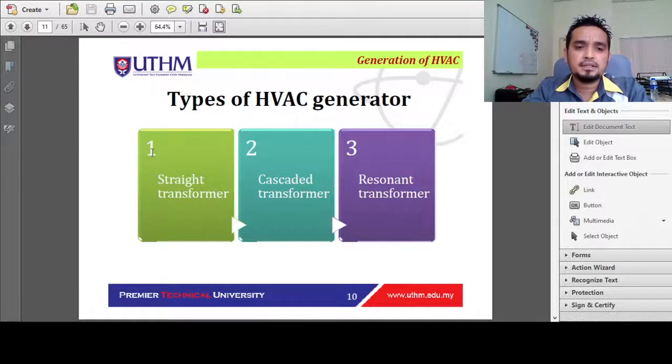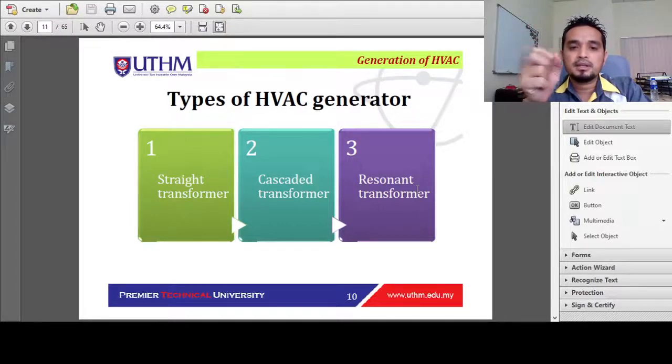Okay, first we have the straight transformer. Number 2, we have cascaded transformer. And number 3 is resonant. Okay, resonant. In short, just to differentiate these 3 transformers, the straight transformer is just a single unit